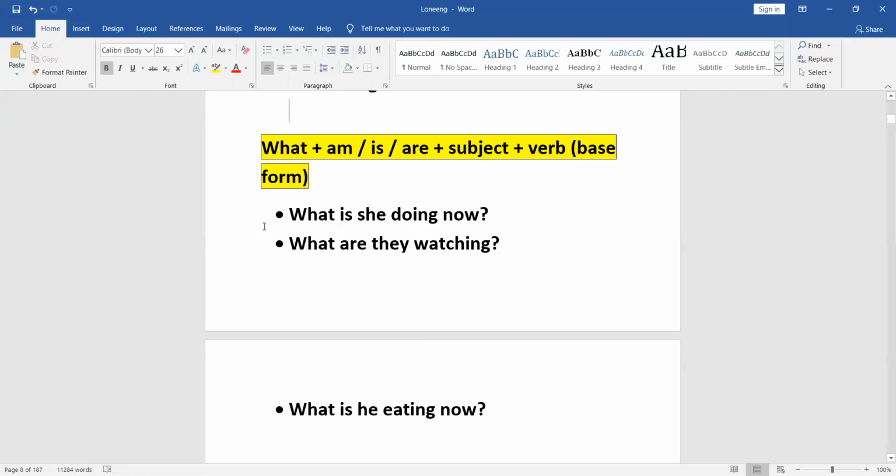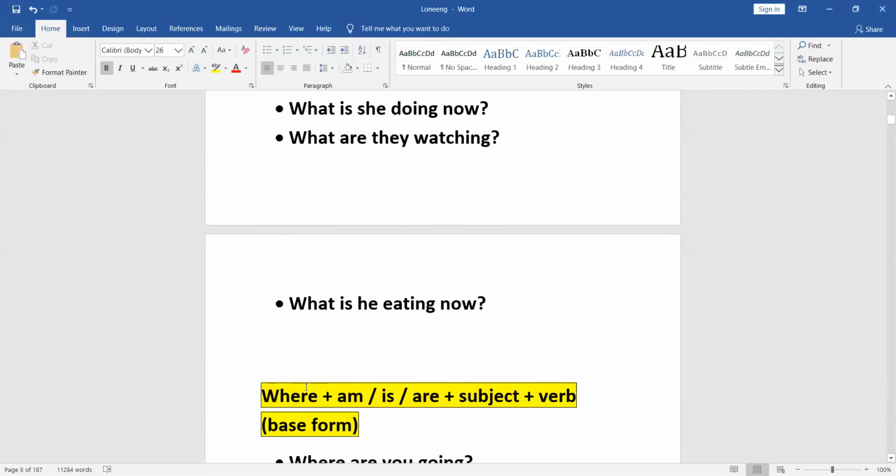And that is why they're employing the word what. If they are asking what are they watching, let's say the kids were watching cartoons all this while, and suddenly they flipped the channel and now they're watching TV. And so the parents are wanting to know what are they watching now? Maybe before they were watching cartoons, but we need to keep an eye on them from time to time, right? The third question is what is he eating right now? Let's say he had a heavy lunch, but they know that the child will definitely snack on something, so they're wanting to know what is the child eating. So in spite of having a heavy lunch, what is he eating right now? Maybe he's snacking on something. And if you want to know anything about a thing, then you employ the word what.